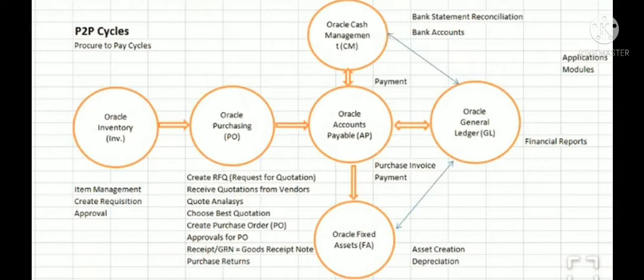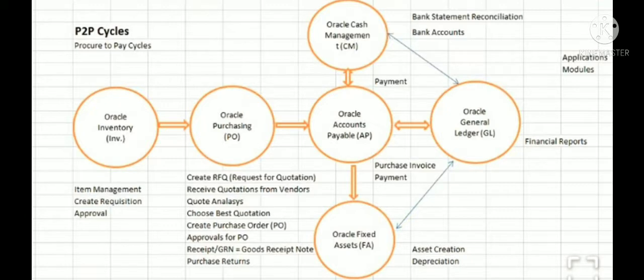Now, once they have raised this purchase order, or local purchase order, and it has been approved internally within the organization, this purchase order or LPO will be sent to the supplier. In most circumstances, this purchase order is like a legal document, because the company is now requesting the supplier to supply a given quantity of a given product or products at specified prices, taking into account the terms and conditions which we received from the quotation.